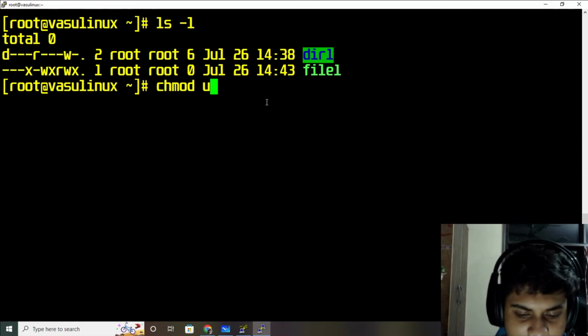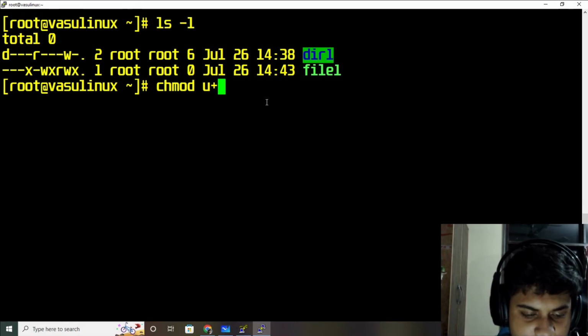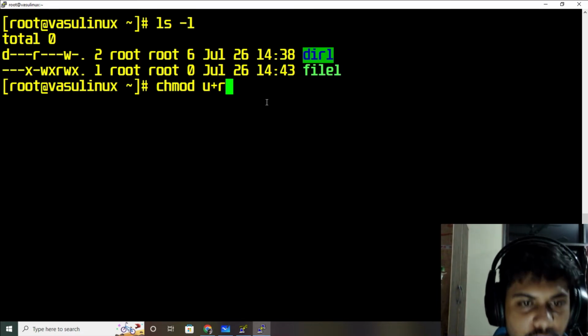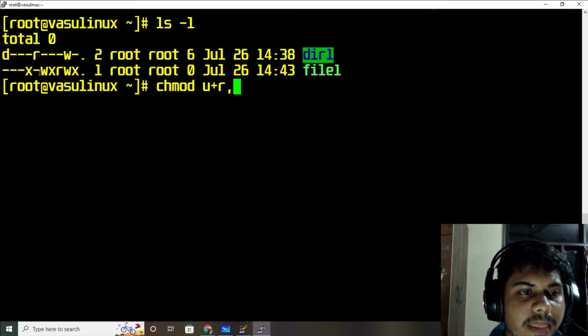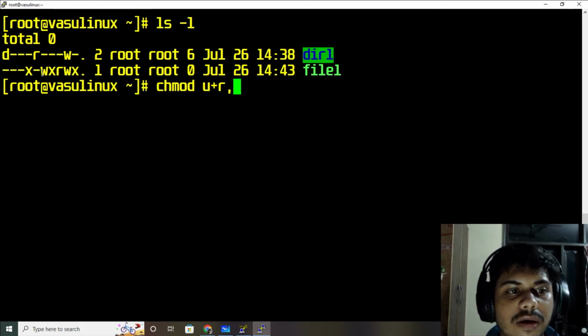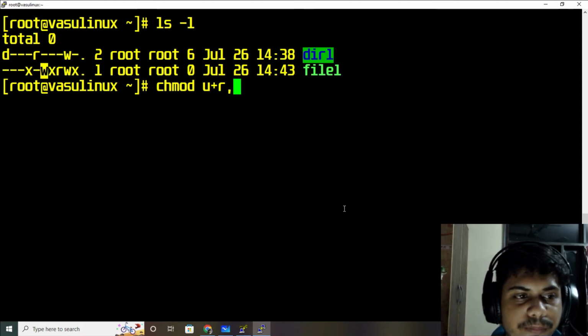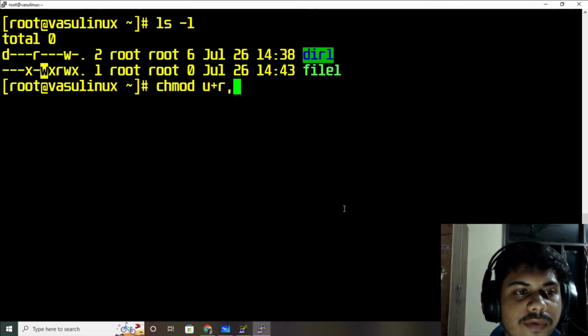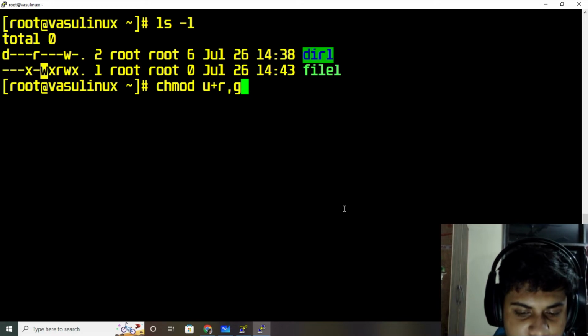How can I write, as you all know, plus x, not xr. Alright, and if I want to delete write permission from group, what will be the command? The command will be g minus